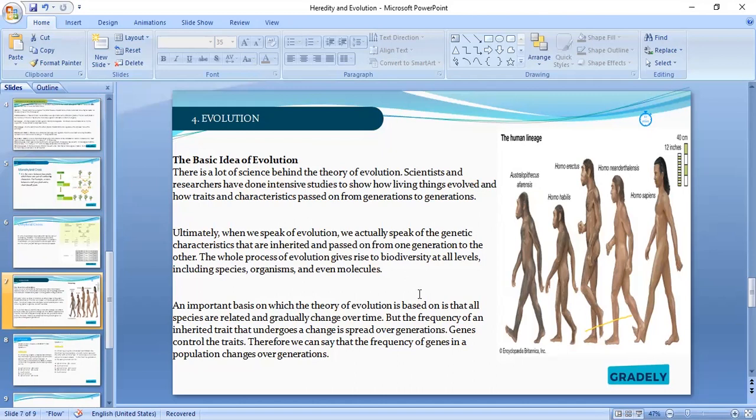You remember that when we're talking about this transmission of traits from parents to offspring, without the idea of evolution, we cannot actually say how it came to play. That's why I'm talking about heredity and evolution together. Because when you hear about evolution, we're looking at this thing that we are seeing today. Who started it? How did it start? Are you getting it? What is the definition behind what I'm seeing today? That is evolution in a layman's understanding.